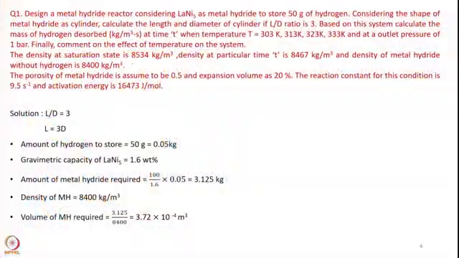Coming to the next question, carried forward from the previous question, we have seen that this is the amount of hydrogen that is being absorbed. The maximum hydrogen absorbed is 1.6 weight percent, and the density at that point is 8534 kg per meter cube. The density at a particular time t is again the same, and the density of metal hydride without hydrogen is also given. Now this is the case of desorption,